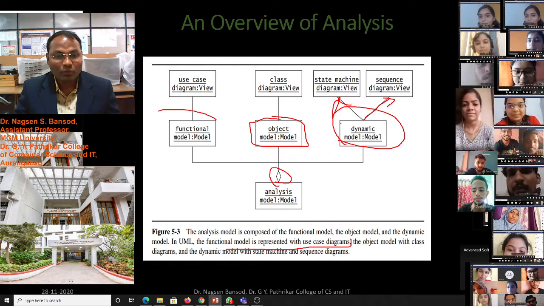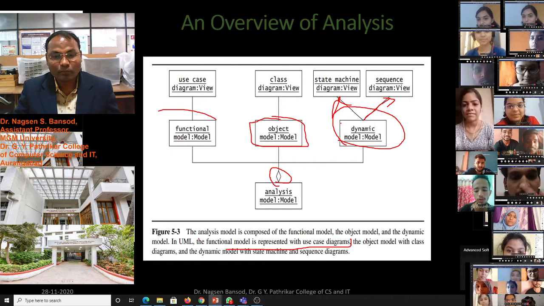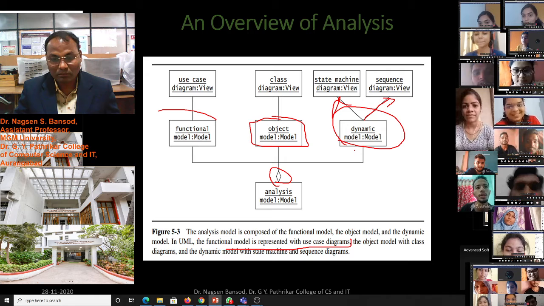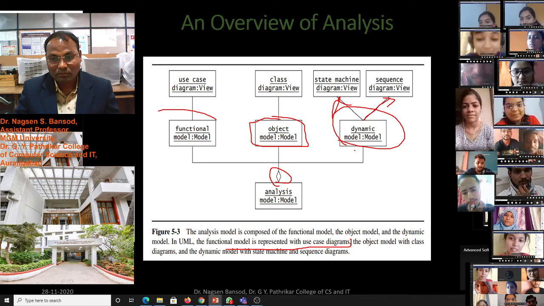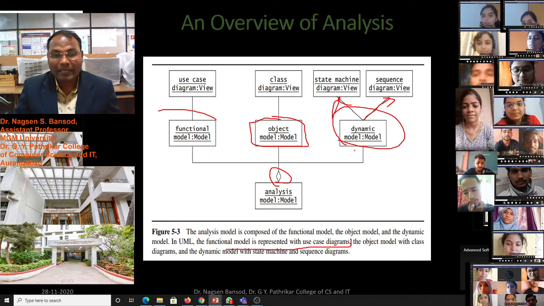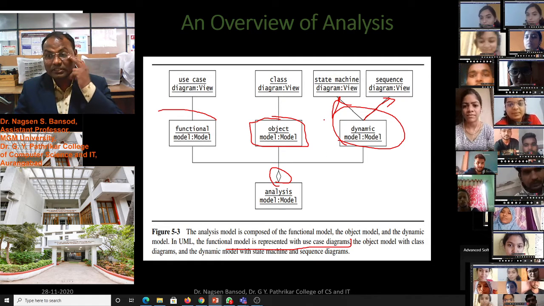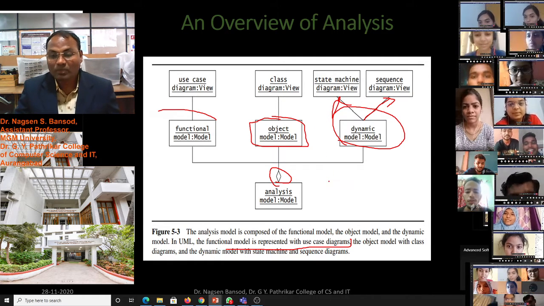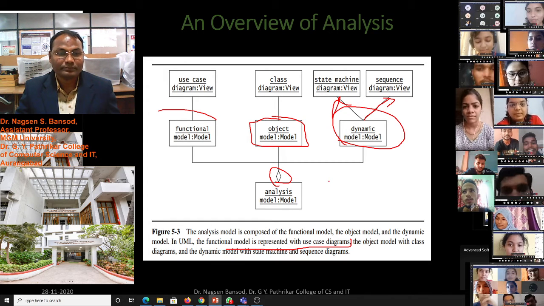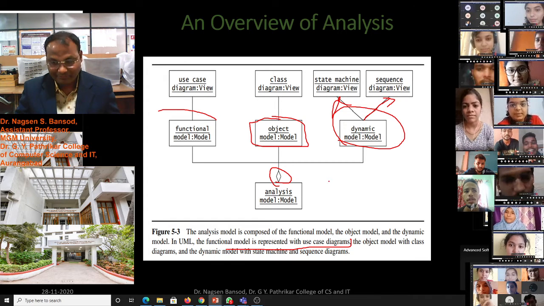This is an overview. Analysis is composed of the functional model, the object model and the dynamic model. All these are in this diagram. Is it visible to you? Yes, sir.